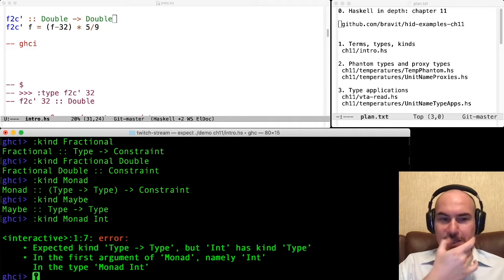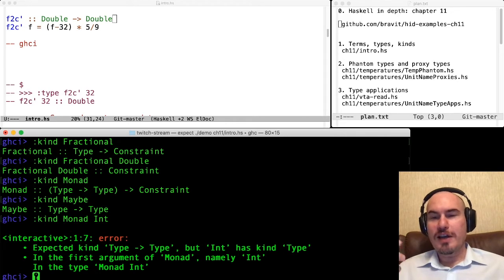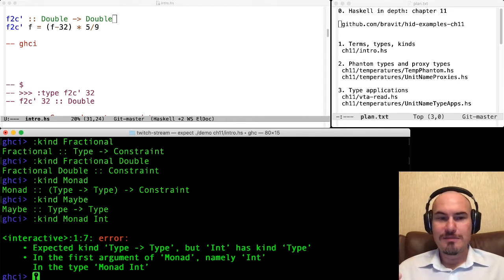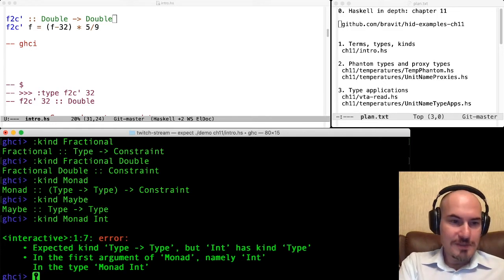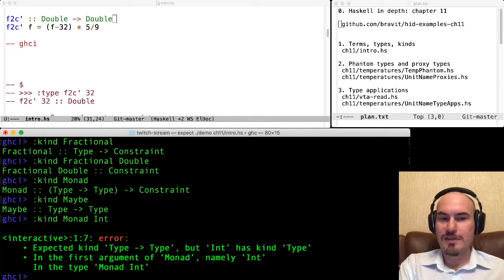All right. So we cannot ask for the kind of Monad Int. Why? Because we have a kind checker. Just as we have a type checker in Haskell, we also have a kind checker. And Monad expects a function Type to Type as an argument, and Int is not like that.